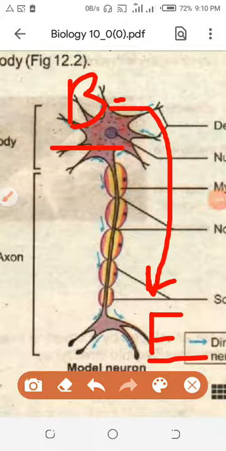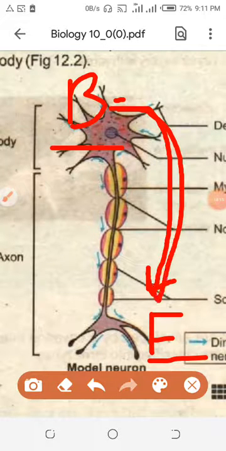If my hands are moving, those hands are moving due to contraction of the muscles. Similarly, if any action is going on in our body, digestion is going on, the heart is pumping the blood to all parts of the body, your lungs are performing specific functions, those are being done with the help of effectors, which are muscles or glands. And the message will come from where? From the cell body to the effector.